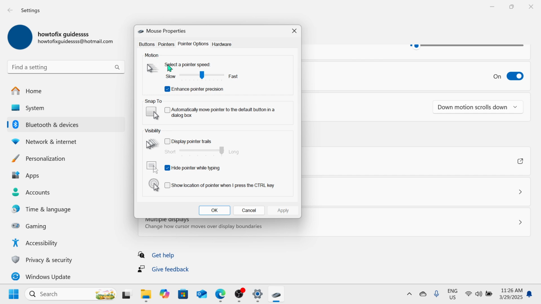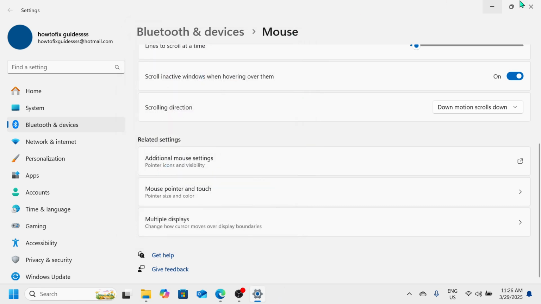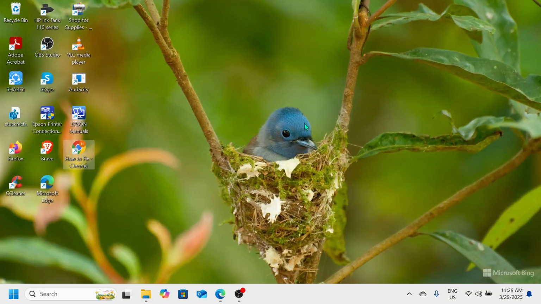section. So make sure here that you don't check or you don't select the enhance pointer precision. So once you see that this is selected or checked, please do uncheck it, and then the moment you do that, please click on apply and then click on OK. And once you're done here, please close this window as well as this one, and let's go to your Google